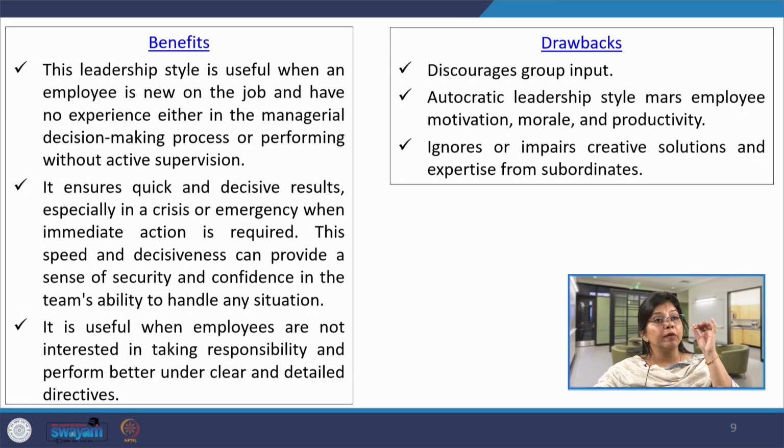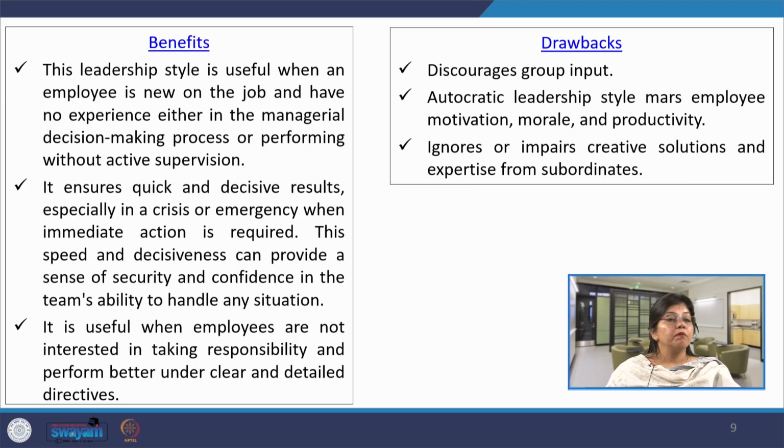where he imposes or executes that authority to assign a particular role in a very rigid manner to one particular member. So, these are the benefits of autocratic leadership, but at the same time it has certain drawbacks: it discourages group input, because the autocratic leader does not entertain the inputs of the group members and takes decisions unilaterally. The autocratic leadership style mars employee motivation, morale and productivity, because when there is no freedom and participation of employees in decision making, it lowers the motivation and morale of the employees, and it ignores or impairs creative solutions